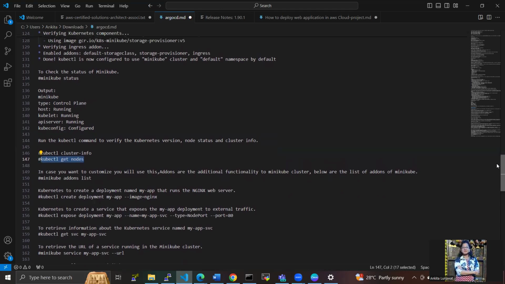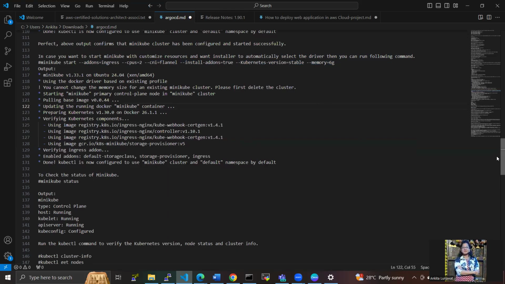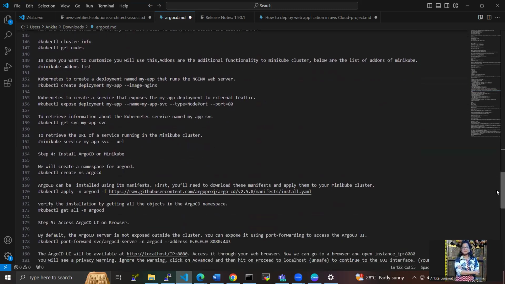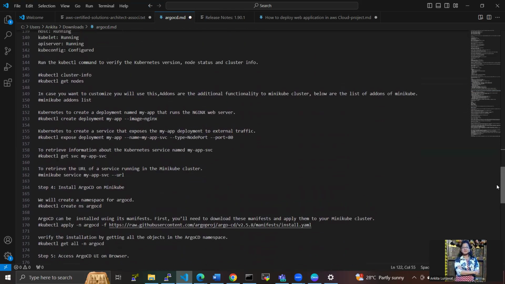So I'm not running the add-on command here. Now we have to